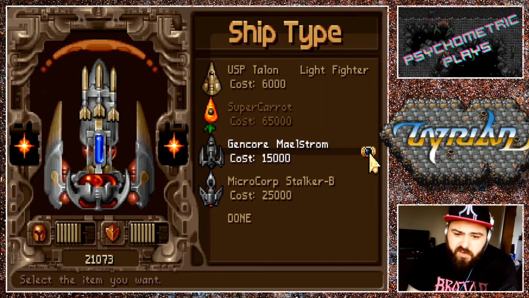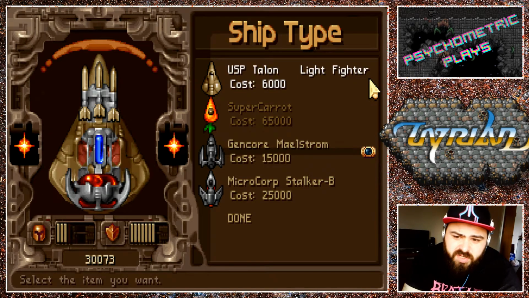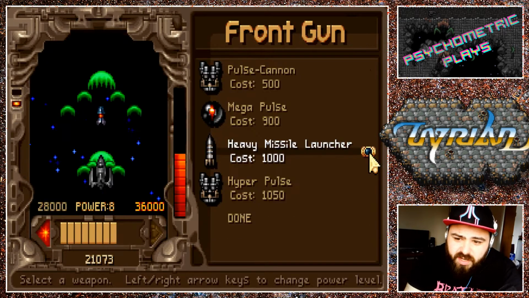Interestingly, we have an option here for a couple of other ships. We can upgrade our ship to the Microcorp Stalker B, or alternatively, there's an option here for a Super Carrot, which costs 65,000 credits, but if we...